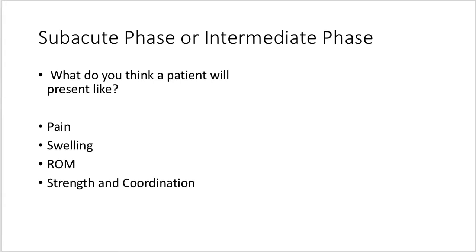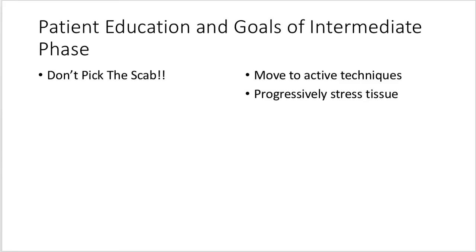At this point, we don't want our patient to keep picking the scab. So don't keep testing and retesting yourselves. This is where you're going to start your strength and coordination exercises, where we're really throwing that in, and we want to start to think about proprioception and how we're retraining that. So our goal of intermediate is don't pick that scab, meaning please don't. So if someone is like, oh, every time I raise my arm up, it's still kind of sharp at the end, and so they do that 20 times a day, checking to see if they're getting better. That's what we mean by don't pick the scab. So don't keep retesting yourselves in that.